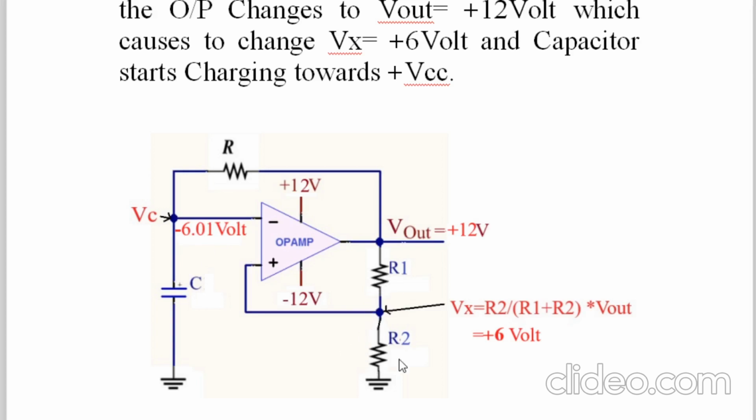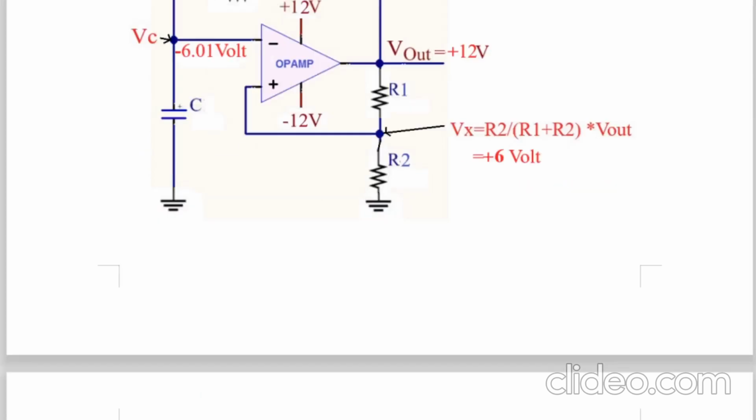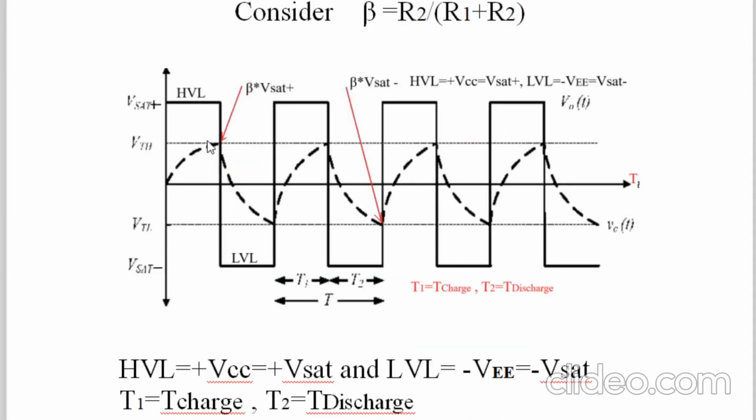Therefore these four components, R1 as well as R2 as well as resistor R and C, play a role in charging and discharging. This 6 volt may be 3 volt, or this 6 volt may be 9 volt. The time required to charge the capacitor to 3 volt will be less, it will get charged to that value very fast. So the charging time and discharging time are decided by all four components. Therefore, the frequency F at the output of IC 741 as an astable multivibrator is decided by all those four components, because look at the diagram again.